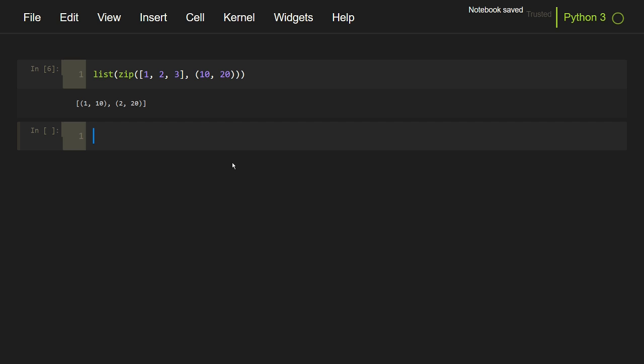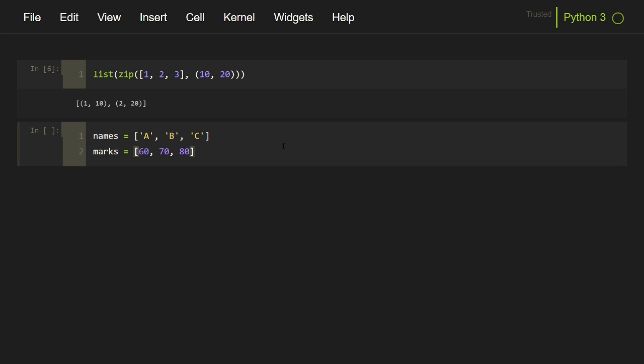Let's see a small example which will make you understand why this function is useful. So I will create two lists, names equal to A, B and C, and I will create a second list of marks 60, 70 and 80, just random values. This specifies that A has a marks of 60, B has a marks of 70, C has a marks of 80.